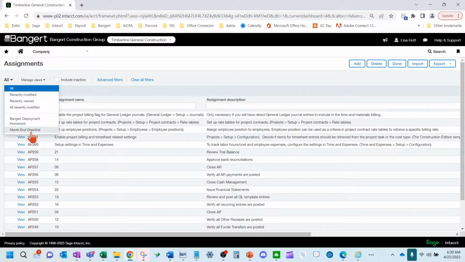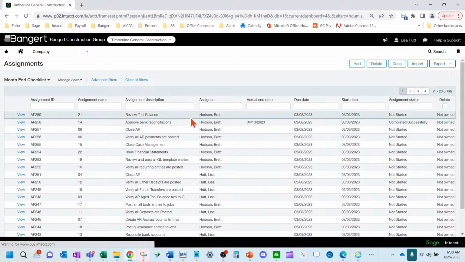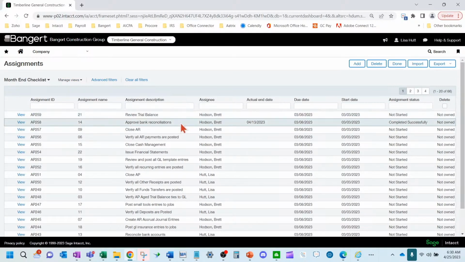Okay, and I've got a view set up here just to give me the month-end checklist assignments. Let's say, for example, I want to approve my bank reconciliations.